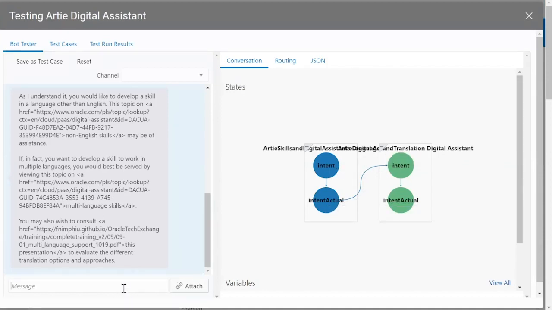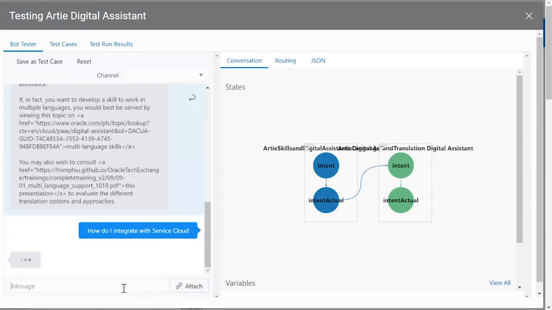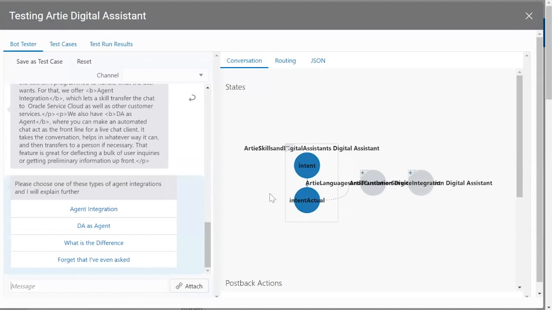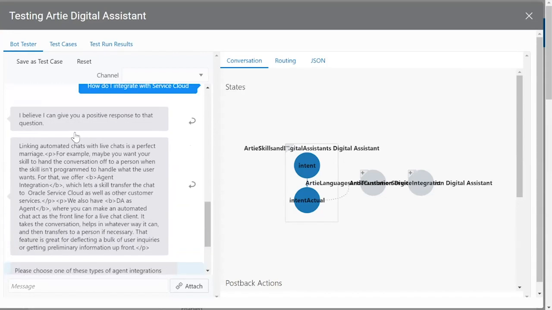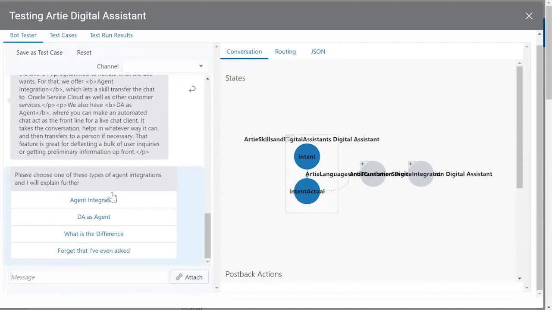Where this starts to look really nice is, like human beings, when we have a conversation, as I do now, we're jumping topics. So if I ask a question, how do I integrate with Service Cloud? We're again going to jump off to another skill, as you can see here, and we're being asked a question. So in the middle of a conversation about integrating digital assistants with Service Cloud, ARTI asked me, which one of these topics would you like to know about? But I'm going to answer with something completely different. I'm going to ask a different question. I'm going to say, how